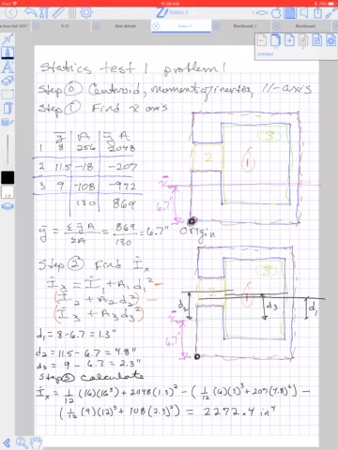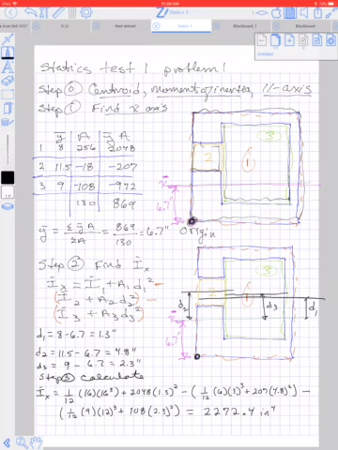Step 0, this is a centroid problem, a moment of inertia problem, and a parallel axis problem. Step 1, we need to find this x bar axis. In other words, we need to find y bar. What a lot of people did is they broke this up into a whole bunch of different little solid pieces. I'm taking a shorter approach. I'm breaking it up into one solid piece that I show here outlined in red, minus two negative pieces, this piece